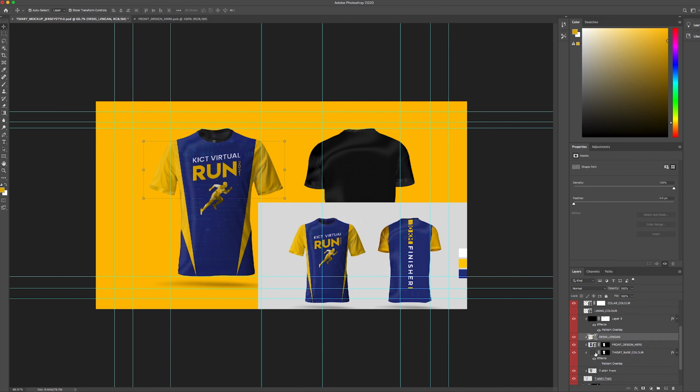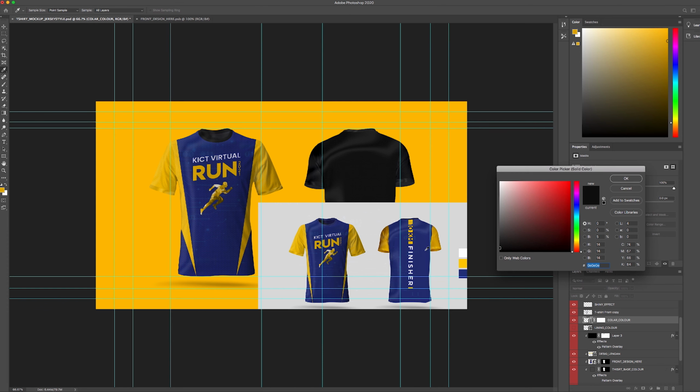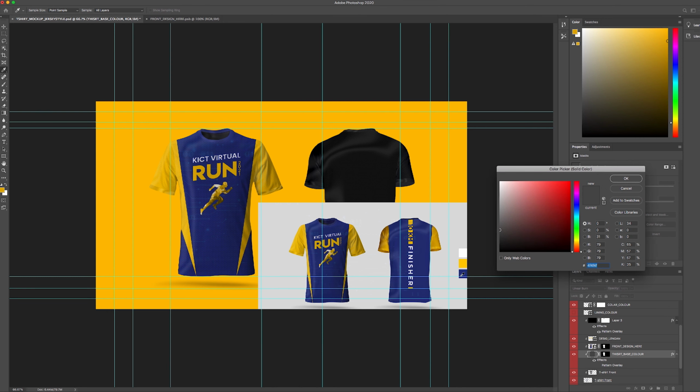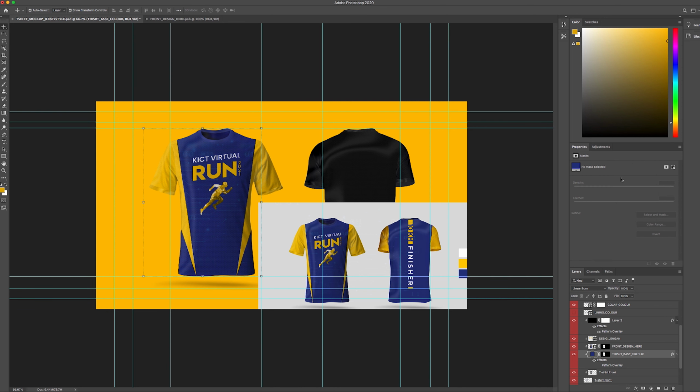Also, as for this, where is the color part? Okay, go to this color, and you can also change the color that you wish for. And then, where is it? Okay, to this t-shirt base color. As you can see, this black color, I want to change it to blue. So just double click on it and choose your preferred color and click OK. So we are done with the front